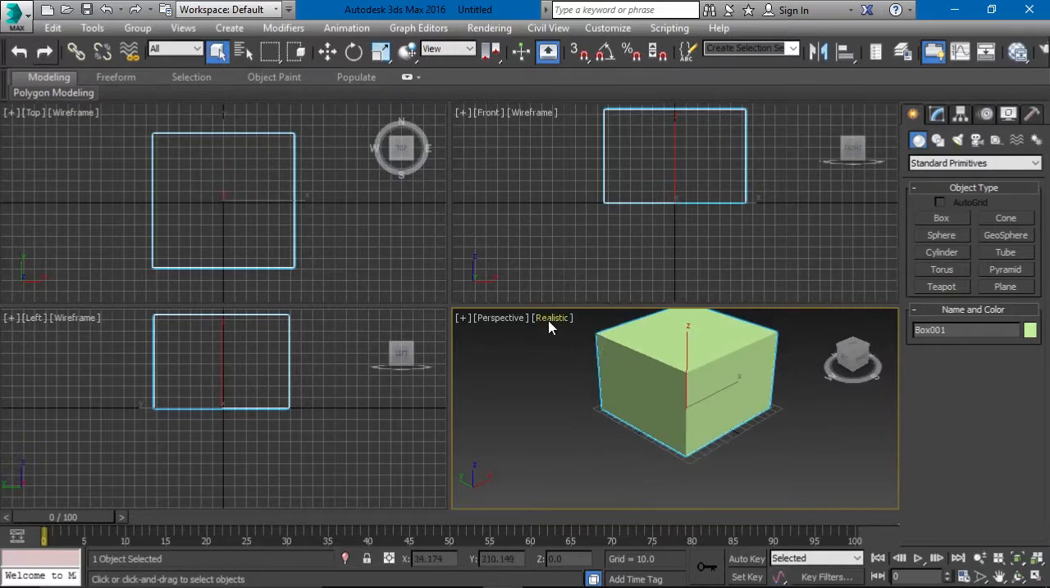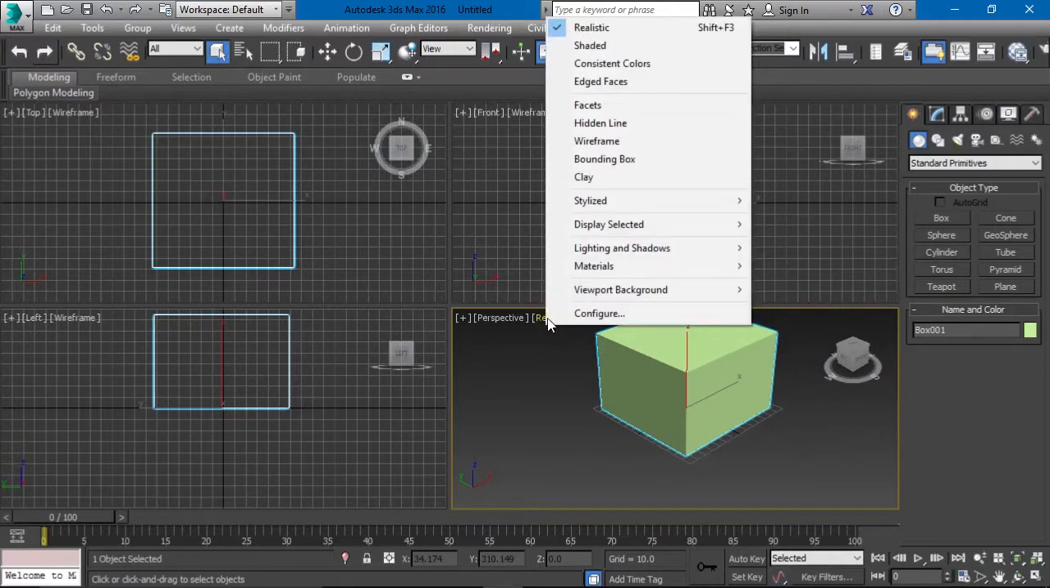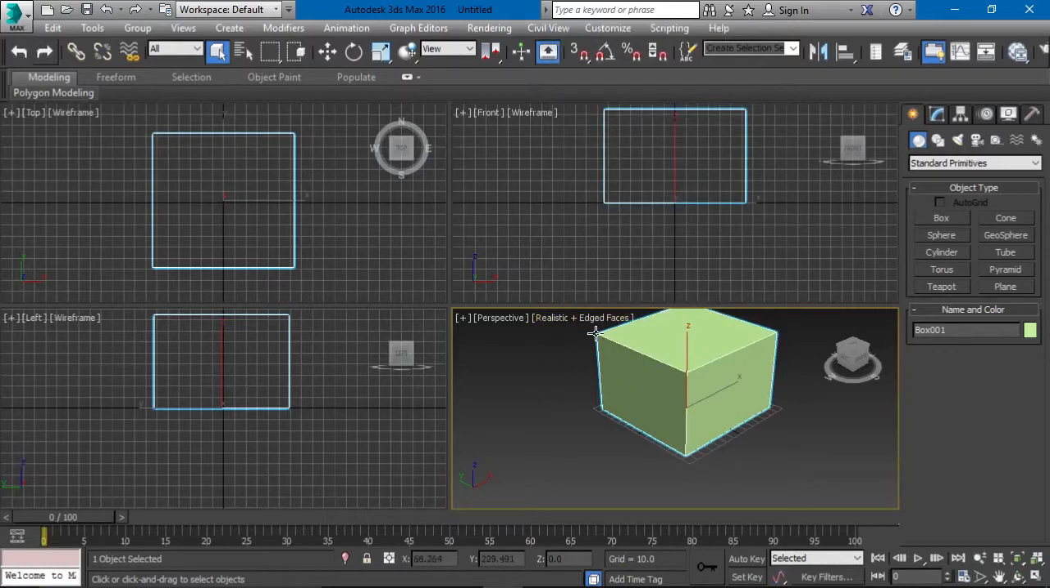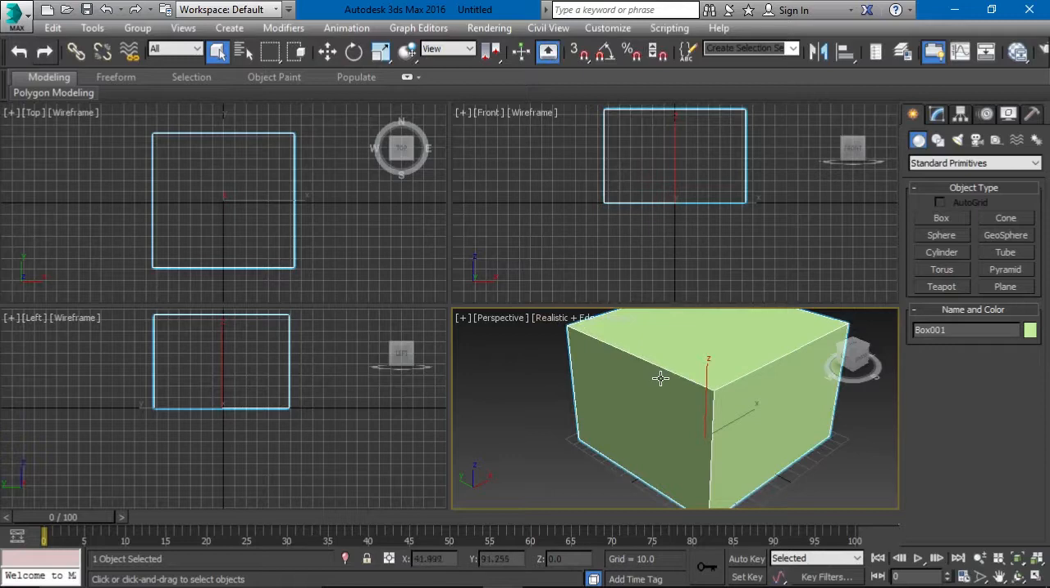Now I'm going to come here on this realistic label here and click on it and select edge face, or you can press F4 on your keyboard to toggle this. Now you can see that this cube is created using these lines here. Now these lines are called edges in 3D modeling. So we have this side here. Now this side is called a polygon or a face, and the face is created using